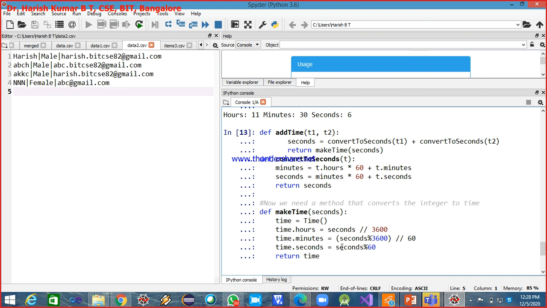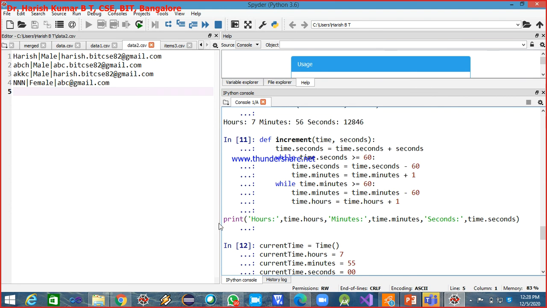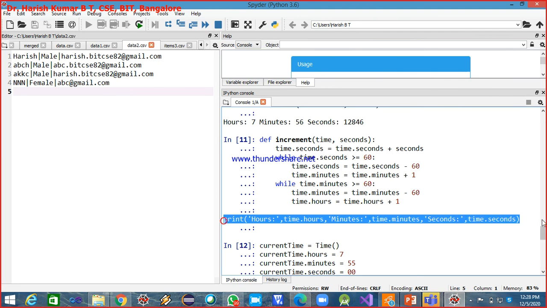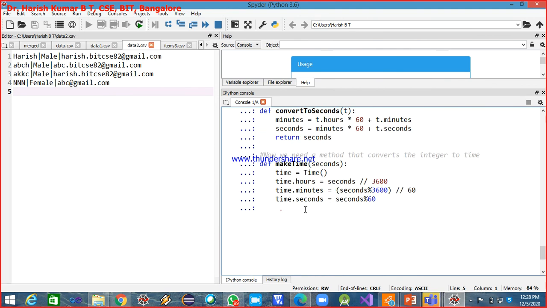Make time makes the time, and printing let me do here only. Since it returns the time, instead of returning I can print here only. This print I'll call here. Okay, it's done.